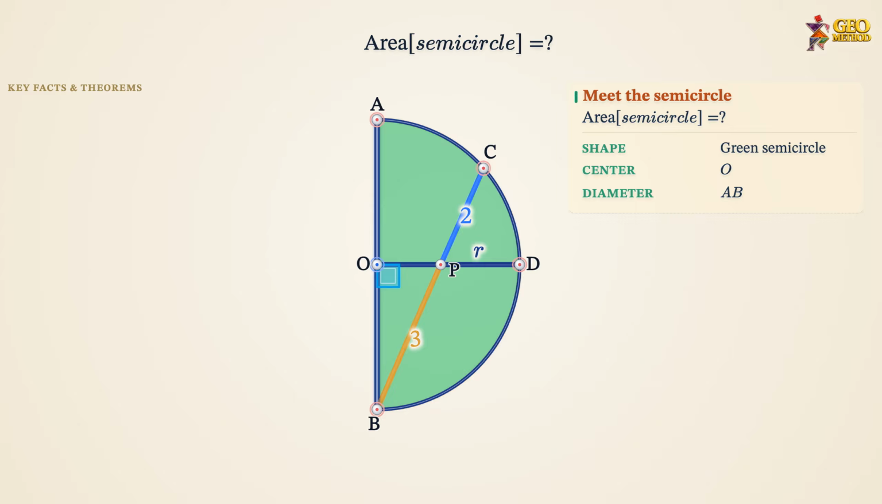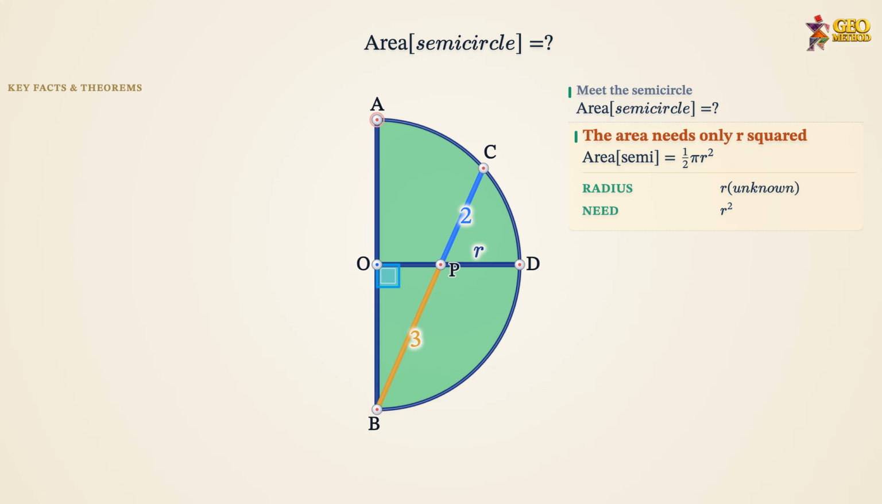Here is a green semicircle resting on the diameter segment AB, with center O at its midpoint. Our whole job is to find the area of this green region, and the area of any semicircle needs just one number, its radius. The semicircle area is 1/2 pi times the radius squared. So instead of chasing the radius itself, we only need to pin down r squared, which we will build from